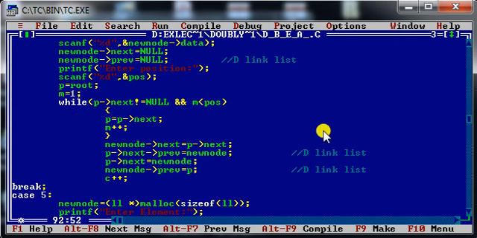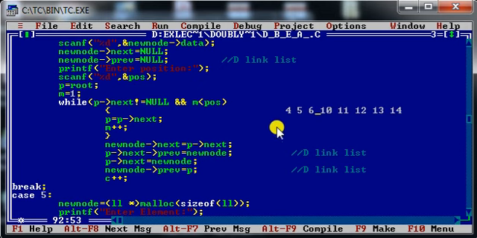Okay, so let us assume that this is the content of the existing linked list.